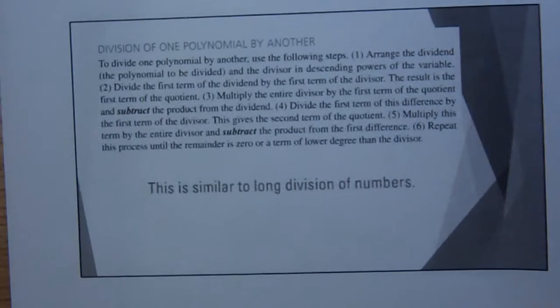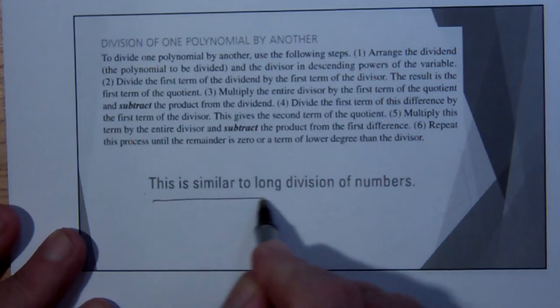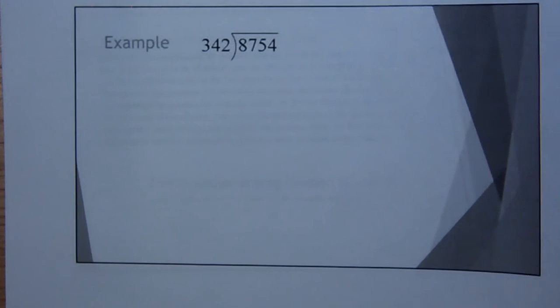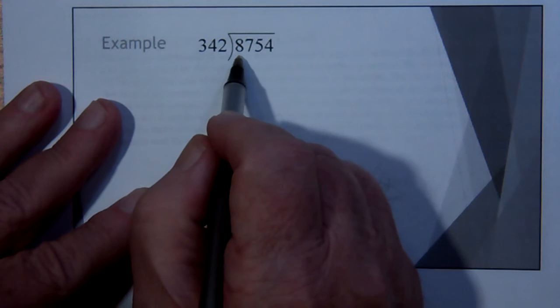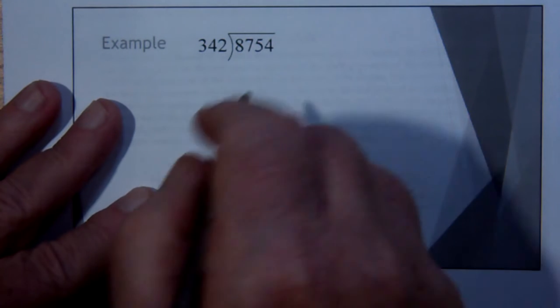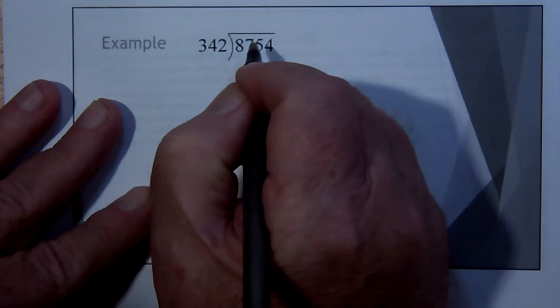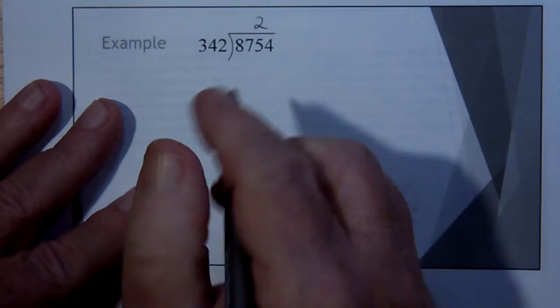Now, if your denominator is not a monomial, the division is similar to long division of numbers. Let's review that just to remind ourselves of how that goes. So suppose we wanted to divide 342 into 8,754. Well, we would realize that 3 goes into 8 2 times, and this is our trial divisor, and we